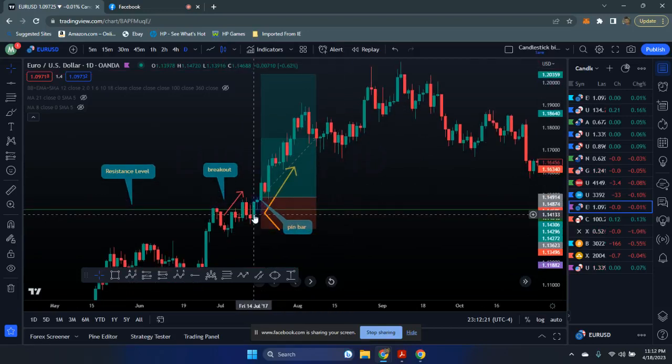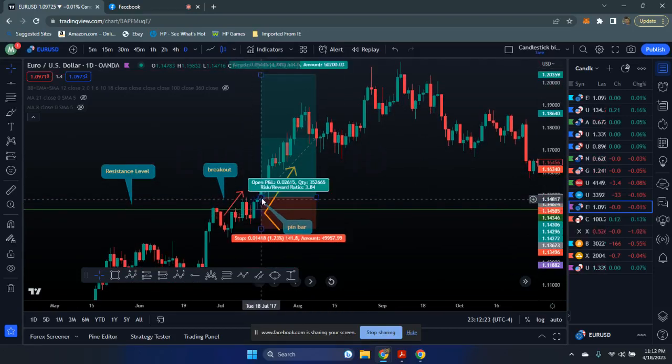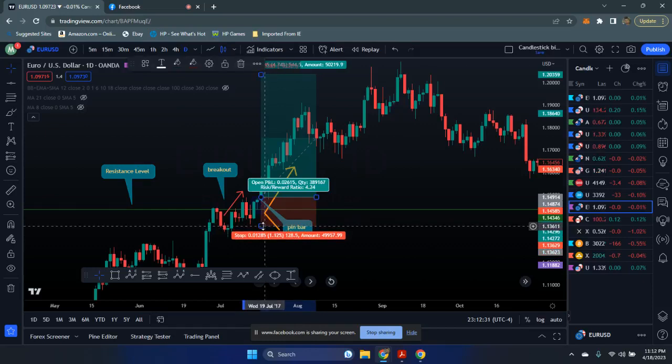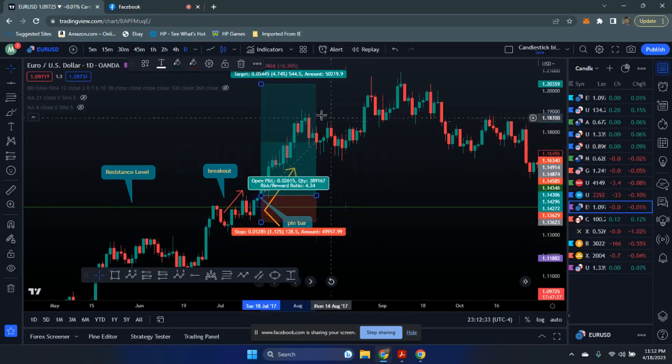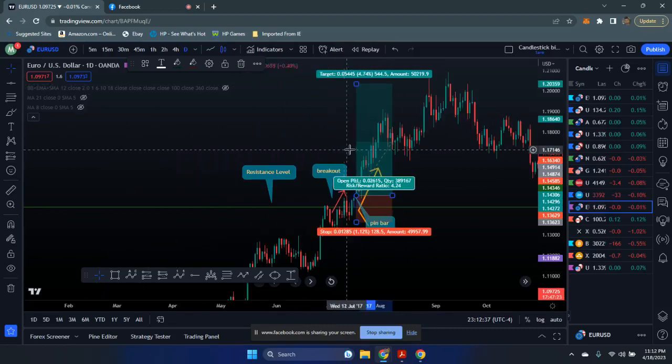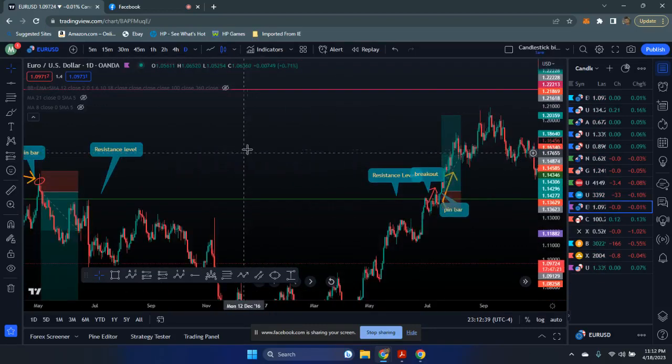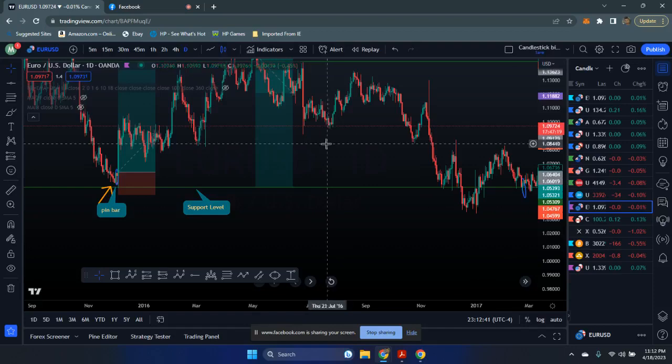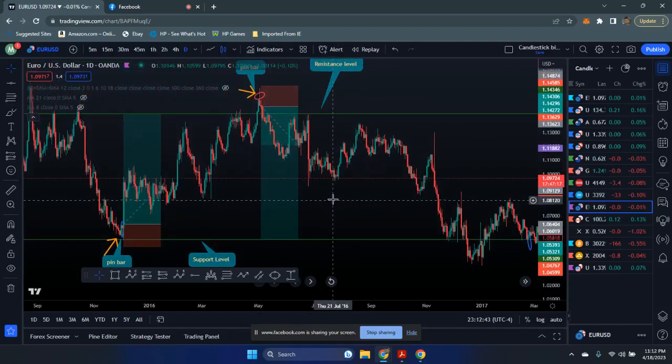So it looks like when we use the pin bar strategy in this case, we got in right after, but also there is a bullish engulfing as well. Sorry, guys, I don't know why I keep doing that. So risking 128 pips to make 544. She did take profit, 4-2 risk reward ratio. I'm not doing any calculations, but you can if you want to.